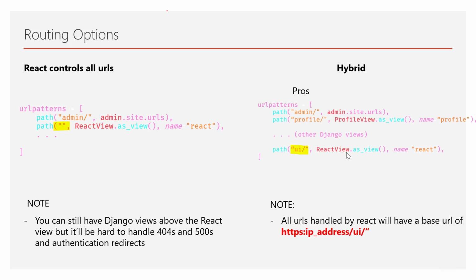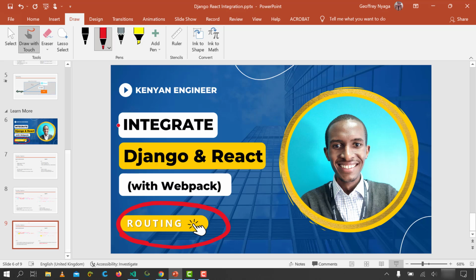Now, if you compare the two, the difference is here. So remember when I said it has messy routes? In the hybrid system, you find that you have to append a URL to the React view, and that means that all React routes will have whatever name you put here pre-appended to them, which is sometimes messy. And if you do this, then again you cannot use Django custom views. So to demonstrate this,